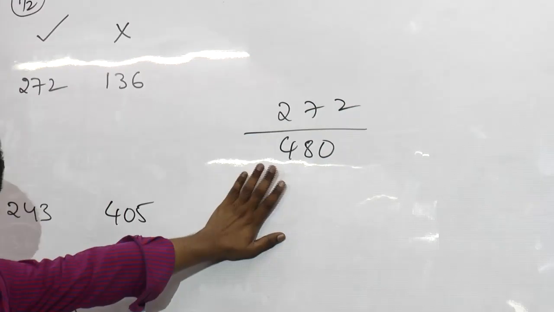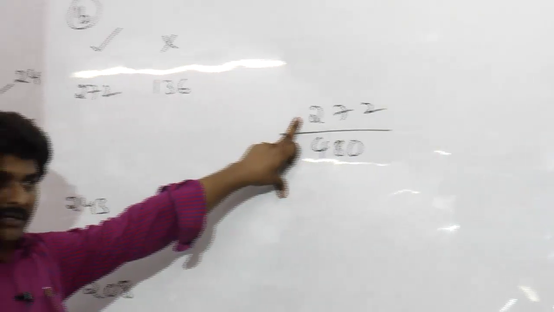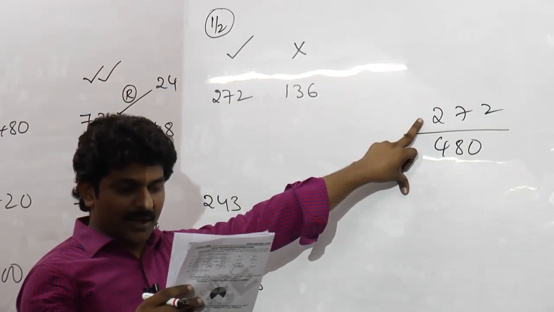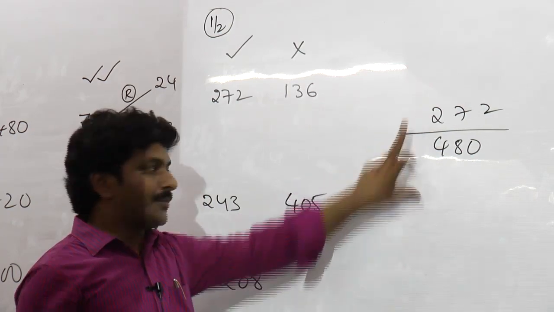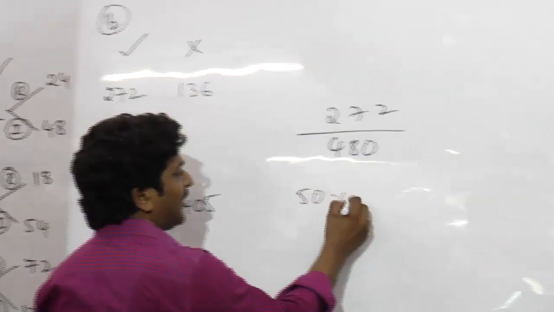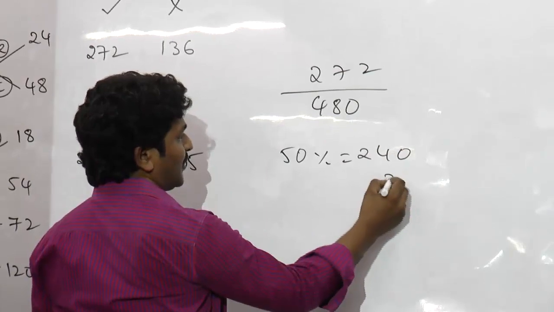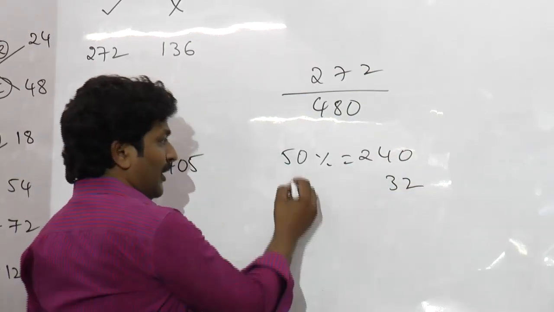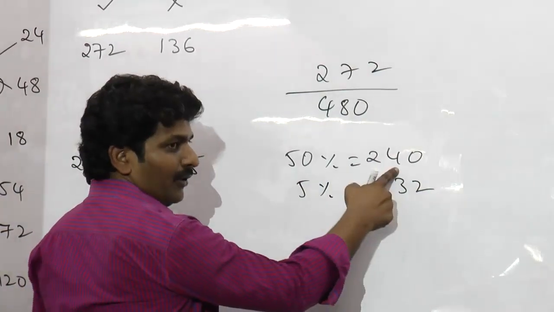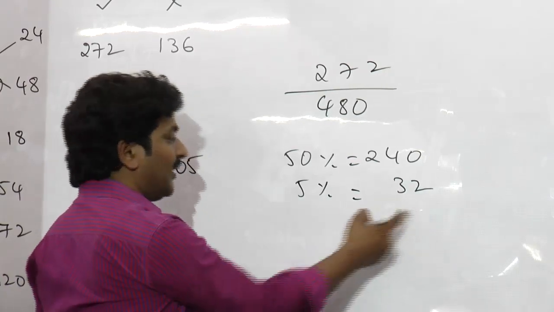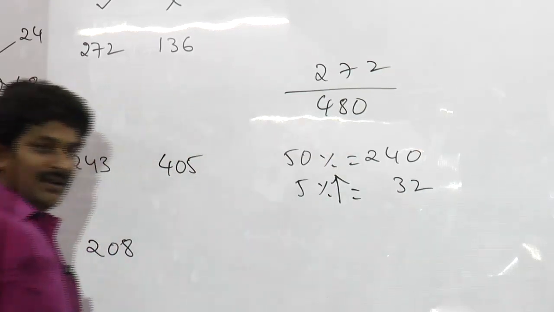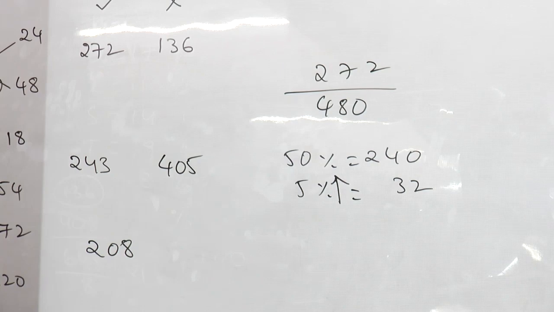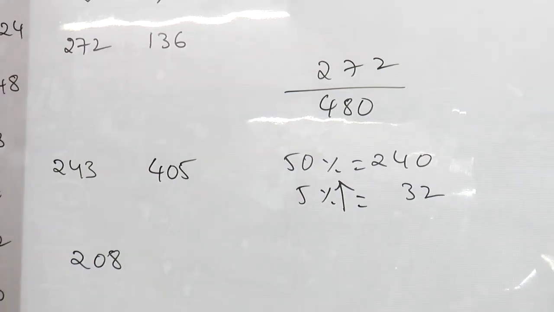50% of denominator. So you have more than 240, answer is more than 50%. How many options are there? 2 options are there. 50% of the denominator is 240. To this number you need to add 32. 5% is 24. Here you have more than that. So you need to add more than 5%. Answer should be more than 55% and you have only 1. 56 2 by 3%.